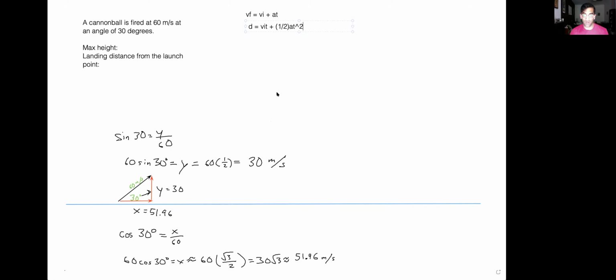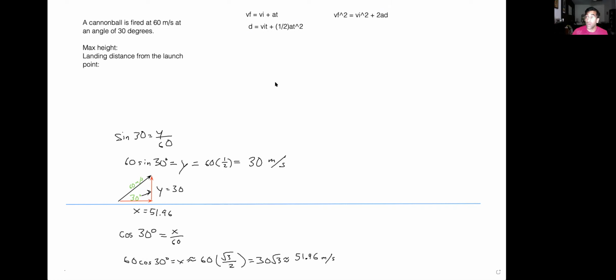Use a caret to represent squared, right? And I also know, in addition to those, the following equation: my final velocity squared is equal to my initial velocity squared plus 2 times acceleration times distance. All of these equations are on page 6 of your physics reference table, and they're going to be